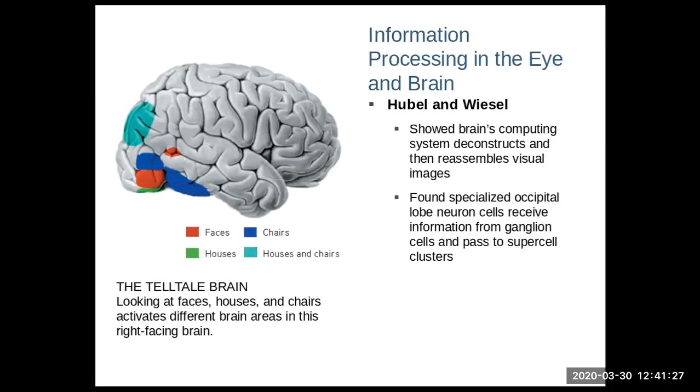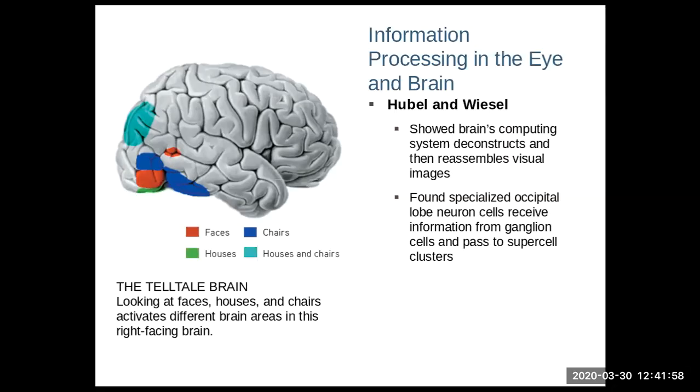That's the top-down processing. And what Hubel and Wiesel found, and this is sort of new technology built on their old one, because they did this in like the 1920s or 30s, is that there are special clusters of neurons in the occipital lobe, in the visual cortex, or cortices, that receive information from the ganglion cells. And when we're trying to put things together, one of the things our brain is doing is putting shapes and objects and things together to make the full picture.